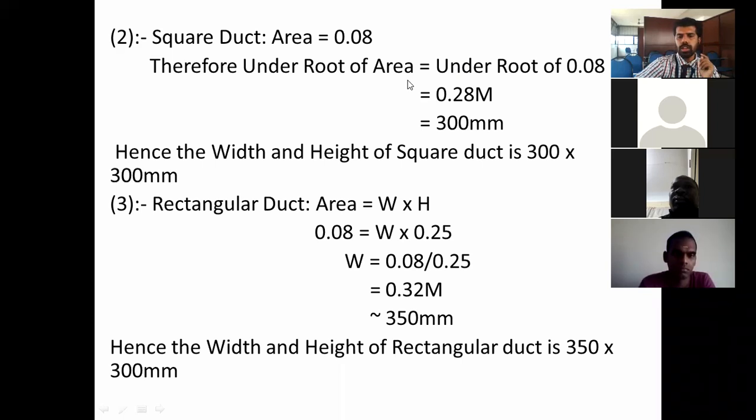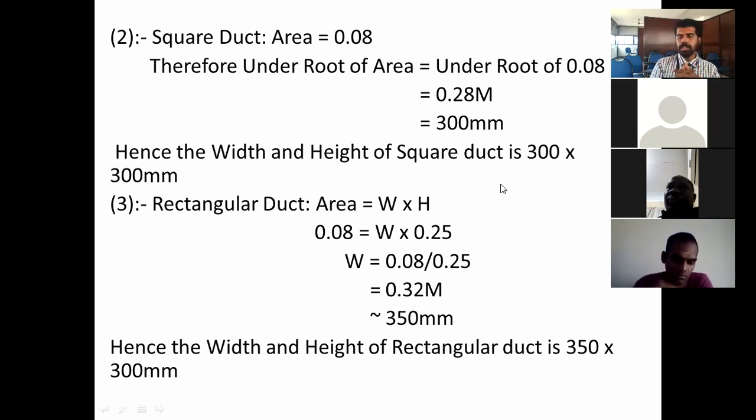Someone is asking what should be considered in real projects. We are doing it according to a real project only. In a real project, mainly we won't do these types of manual methods. We'll have software for finding the height and width. In that case, we can just give the CFM as well as the velocity, or CFM and friction loss, and we'll get the size, width and height automatically. The software will give it, and you can adjust that.